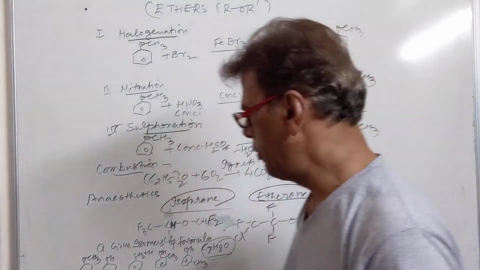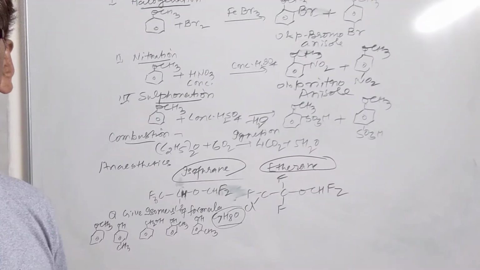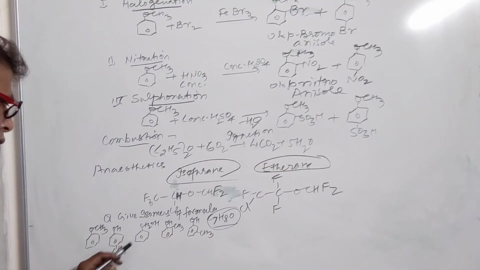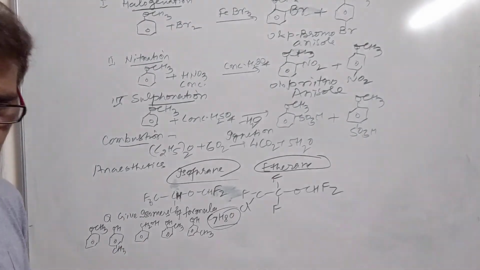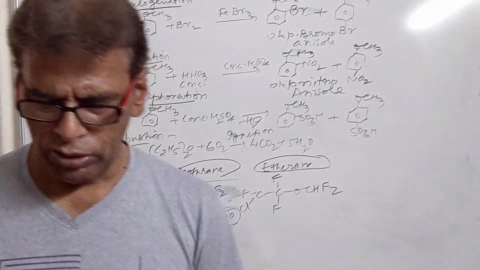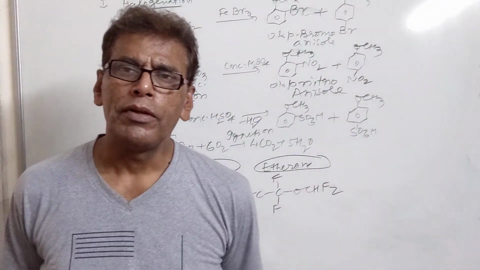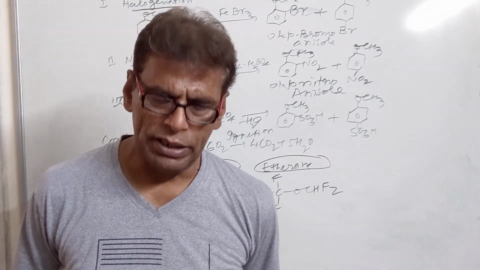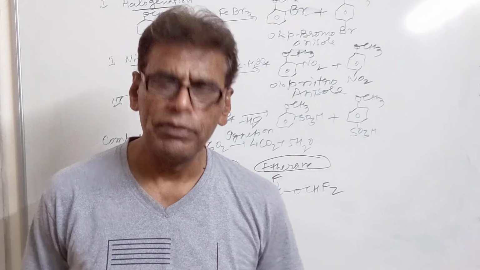First isomer is anisole, a benzene ring having an OCH3 group. This is anisole. Then we have paracresol. This is benzyl alcohol. This is orthocresol. This is metacresol. So this is all about ethers. This finishes our unit alcohol, phenol and ether. In the next lecture we will be taking the unit aldehydes, ketones and carboxylic acids. Thank you very much.